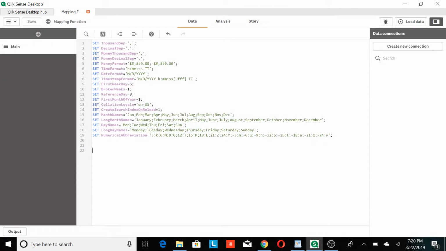Now I'm going to talk about a very important function in QlikSense scripting. This is called a mapping function. As part of scripting, I'd like to cover this topic. This is a mapping function, and it is a very important